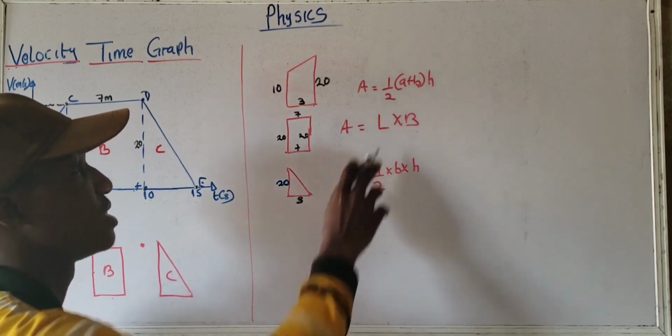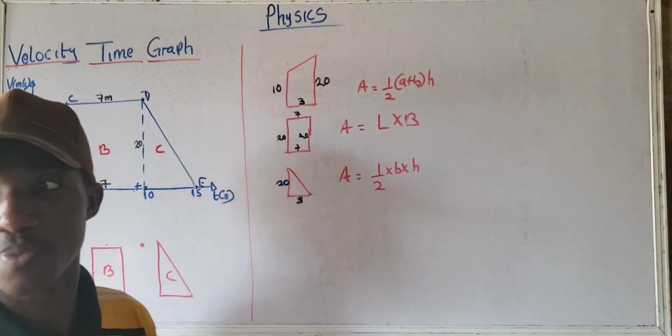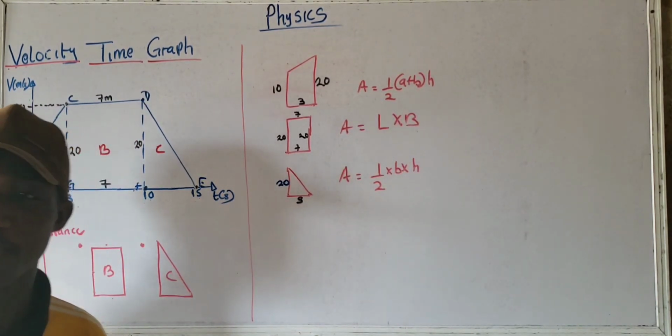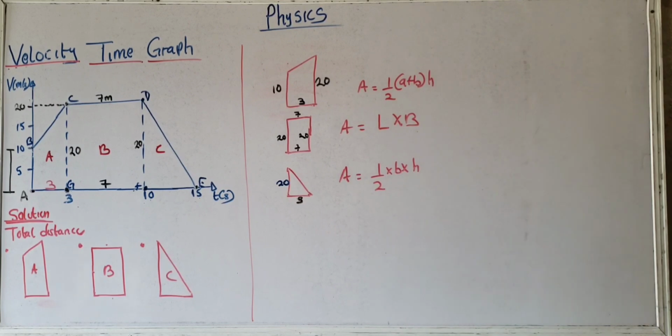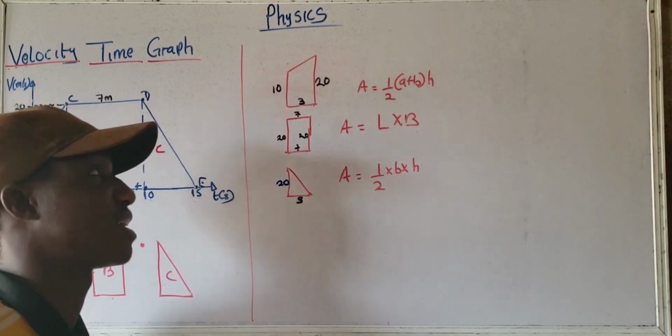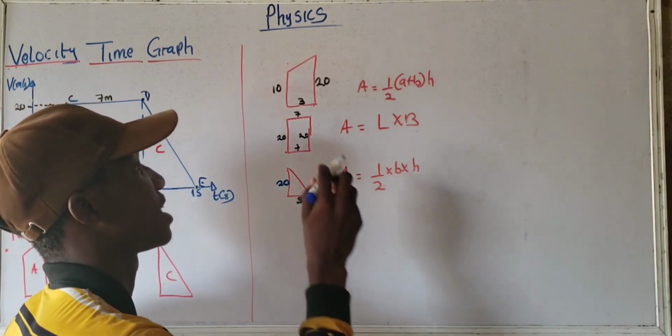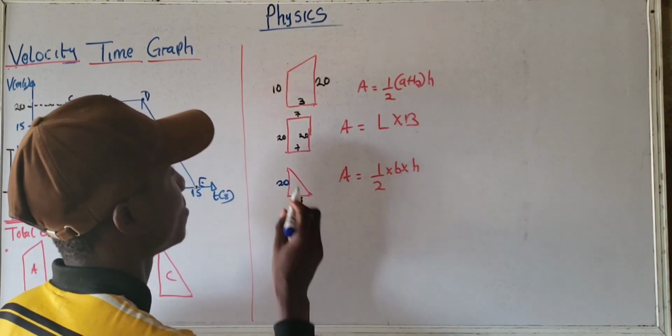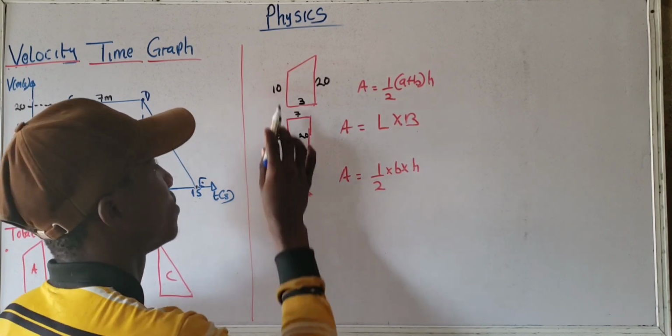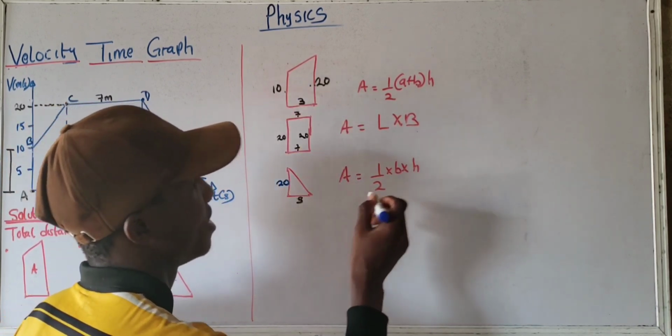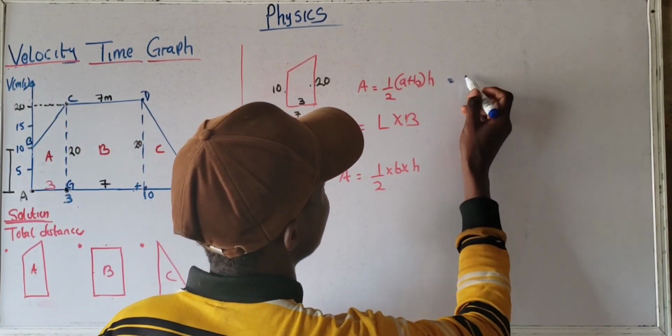You might be wondering what the A and B in this formula are. A and B are the two parallel sides of the trapezium. You understand? Don't forget, parallel lines are lines that can never meet. You understand? They travel on a straight line. And if you look at a trapezium, a trapezium has two parallel sides, which is this and this. Okay? So let's proceed. The area will be,